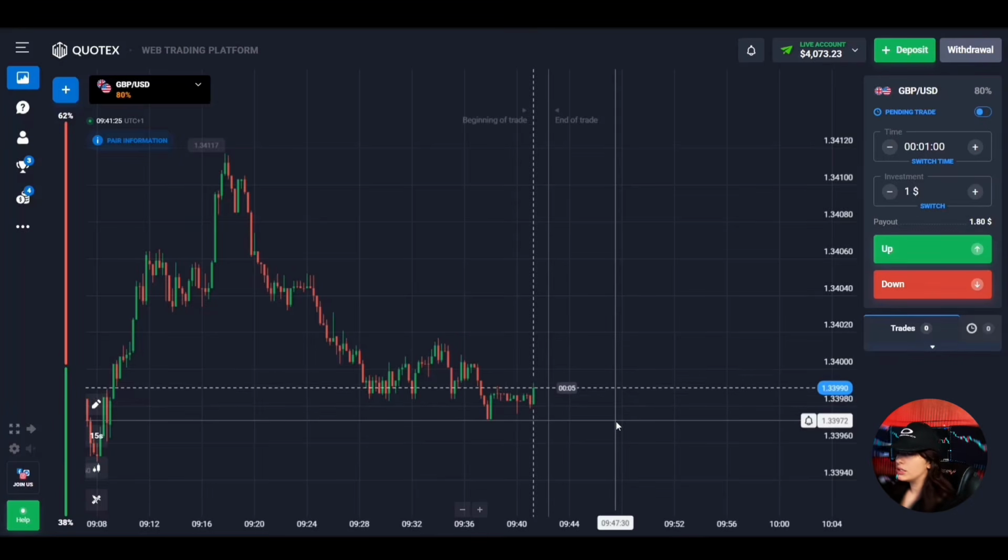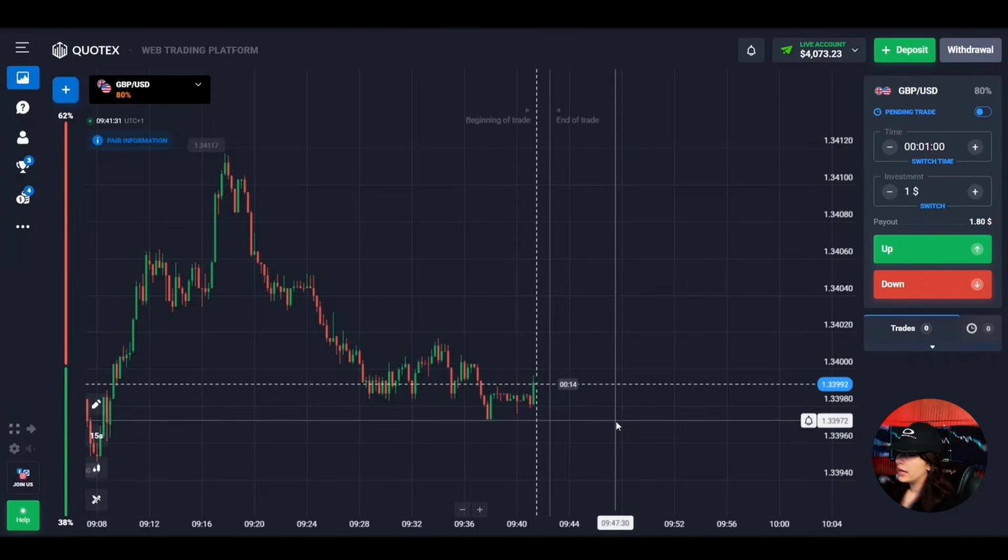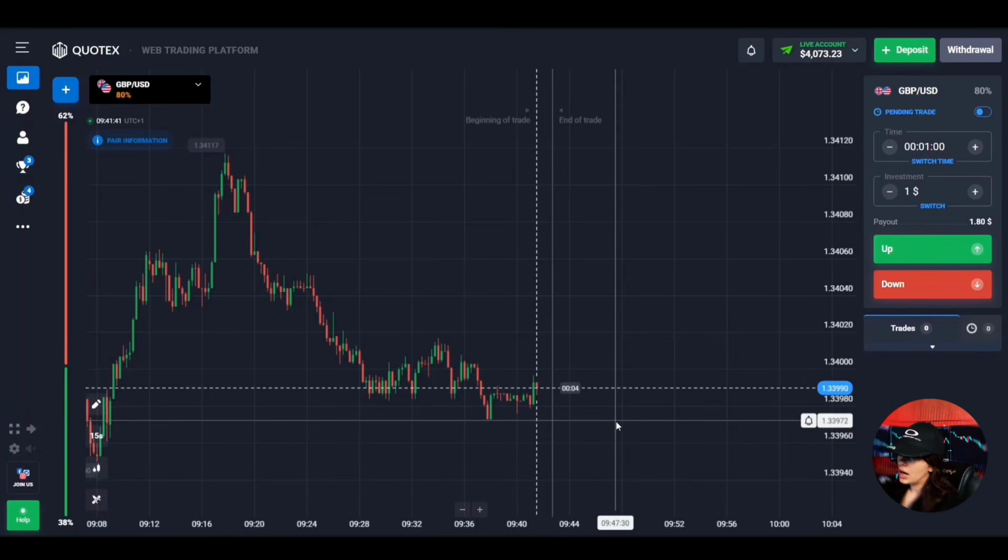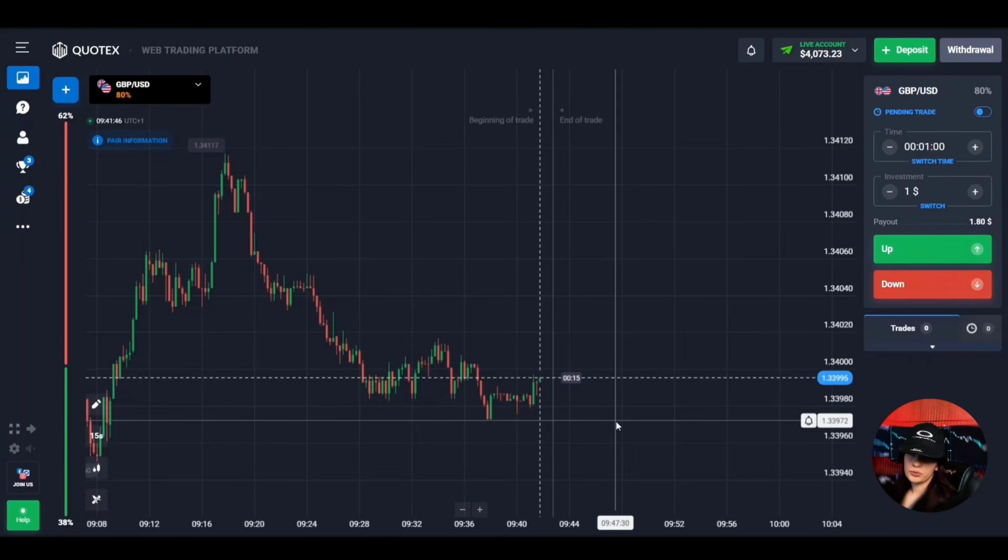Also guys, after that you need to top up your deposit with around $50, and then you can send me your account ID of the Pocket Option platform or the Quotex platform. After that, I will check your ID and I will accept you into the team. I will add you to my private Telegram channel. I want to show you right now how it looks and everything.